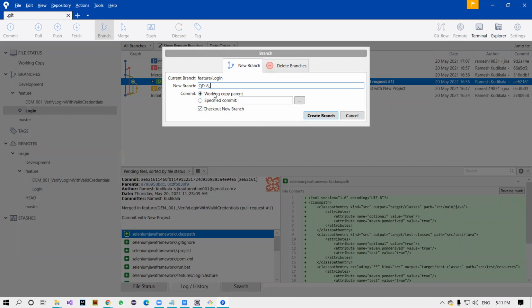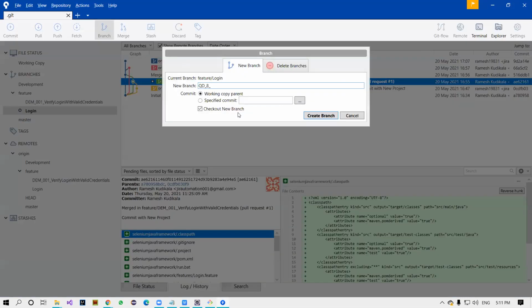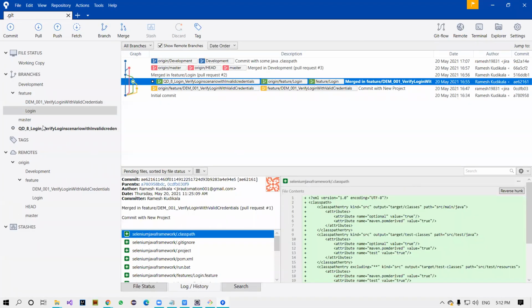underscore. I should give some underscore here, but let's see, underscore, and you can copy this entire stuff. Copy this one. Login underscore verify. Or you can do it like this. Yeah, login is enough. Fine. Remove these spaces. Backspace. Perfect. Now create a branch here. Okay, your branch is created here.